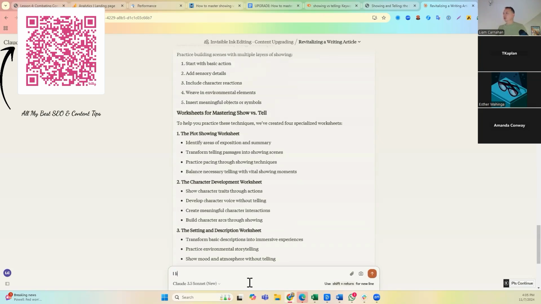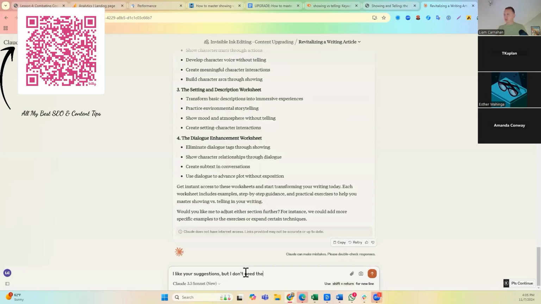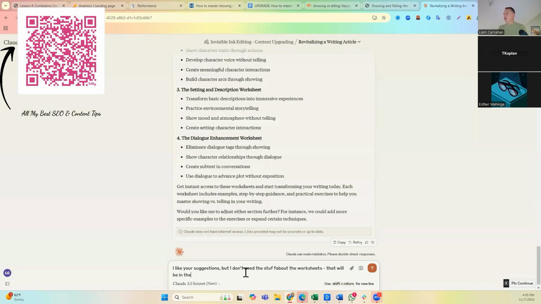I'm saying, I like your suggestions. But first of all, we don't need this whole section on the worksheets for mastering showing versus telling. I'm just going to tell him, I don't need the stuff about the worksheets. That will be in the CTA. Instead, and then I'm going to say,